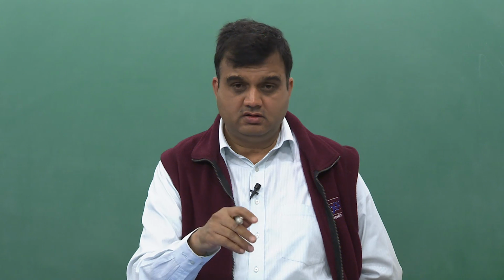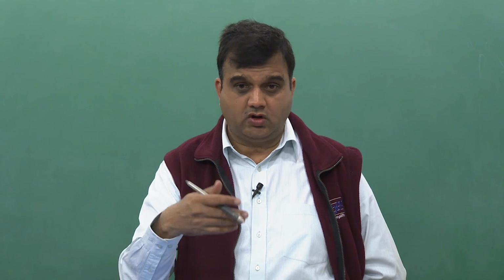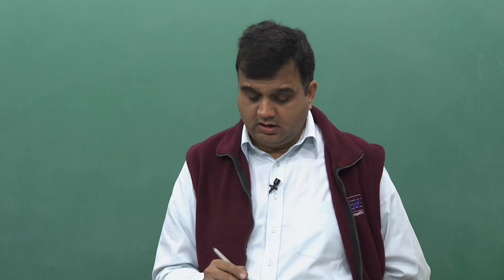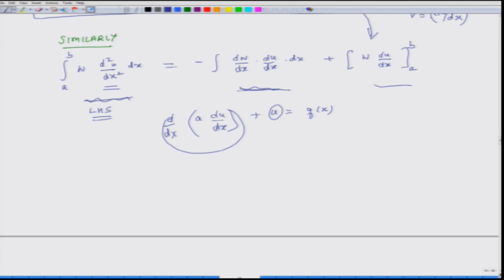For a linear element, it could be linear in nature or quadratic or things like that. So, here one mathematical requirement you will see directly is that u has to be at least